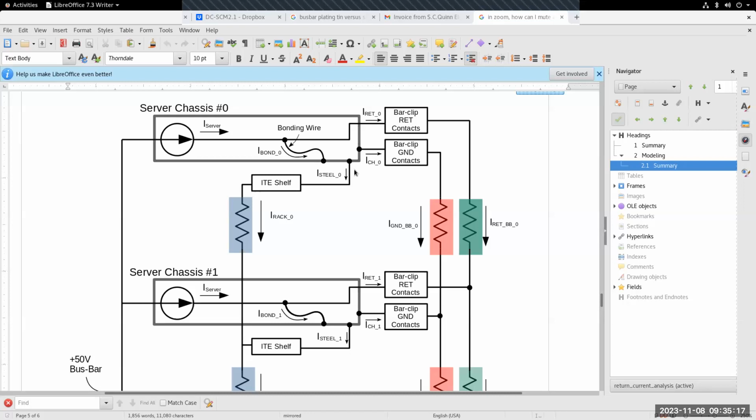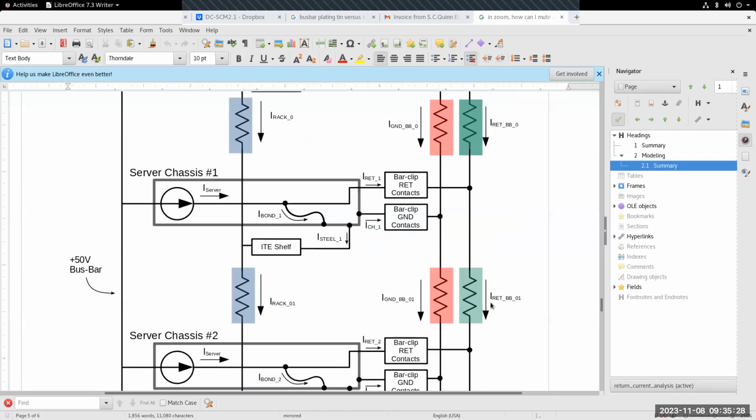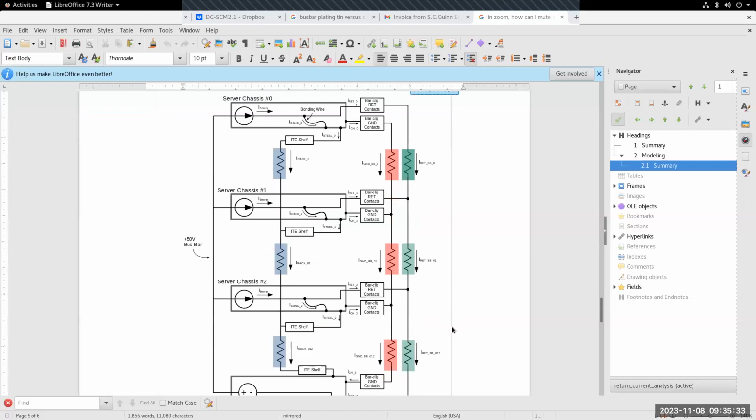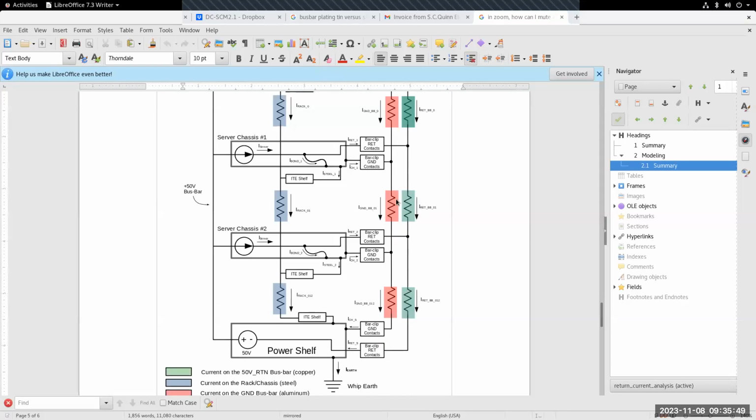Anyway, we're doing experiments now to try and understand where the currents go and what magnitude they are. But the key thing is this resistor ladder that I've modeled here in this picture. This is not a perfect model by any means, but it shows a current being injected into these 3 paths at each OU in the rack. And so the current through the resistors at this level is lower than the current at this level because I've injected current from another server.